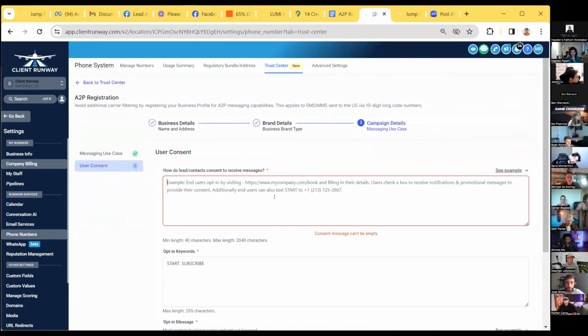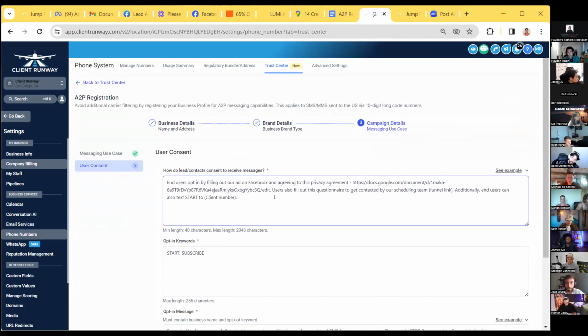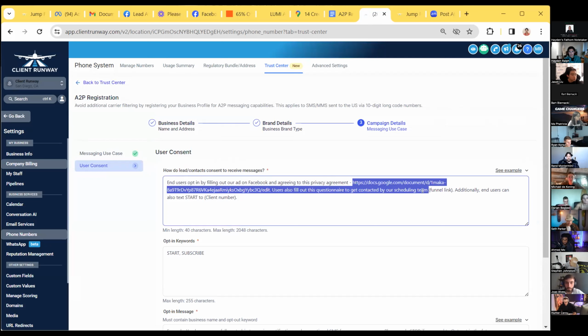For the funnel link, we need to make sure that on the contact form there is a terms and conditions checkbox where they agree that we will contact them using the information they provided. So we just put the funnel link and then the privacy policy here.